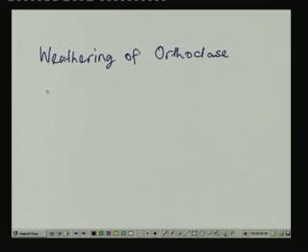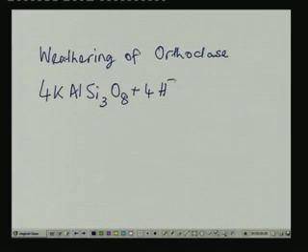I mentioned that orthoclase is simply potassium aluminosilicate, and a major chemical weathering reaction goes like this. It occurs in a little bit acidic environment in the presence of groundwater, and what you get out of this is